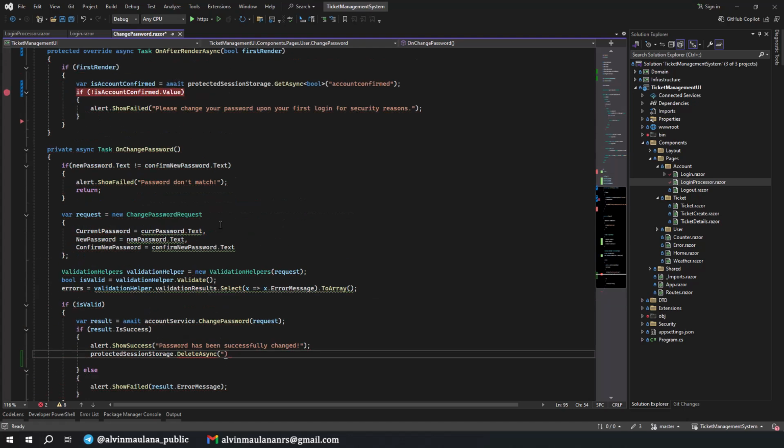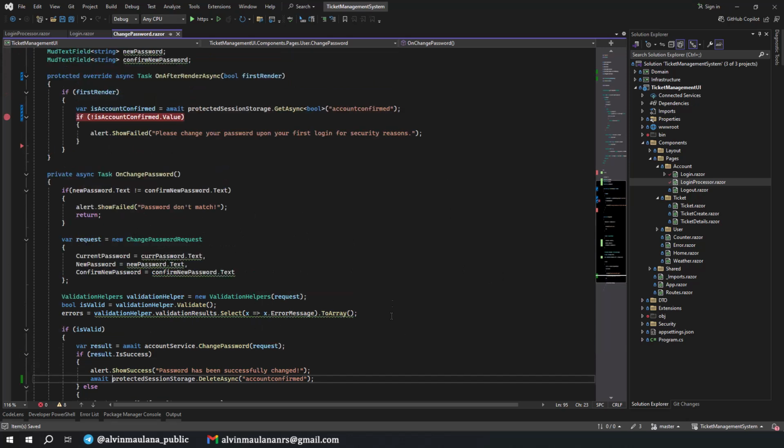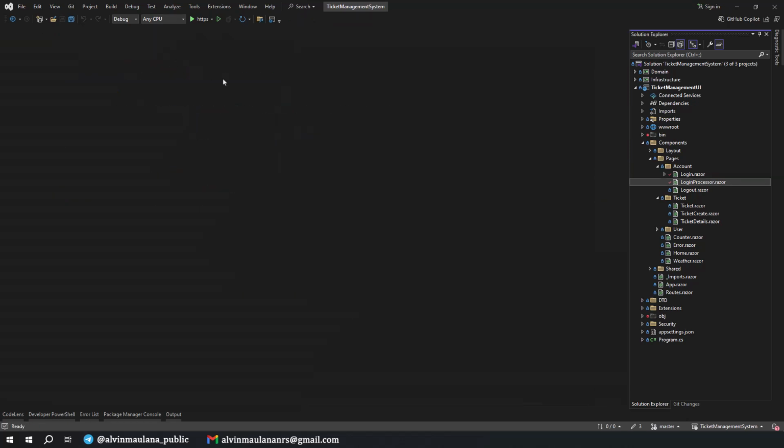The key is account confirm. Okay, need to await also. Not like that, like this. Yeah, now it should be fine for this case. Now we can move on and continue creating our discussion.